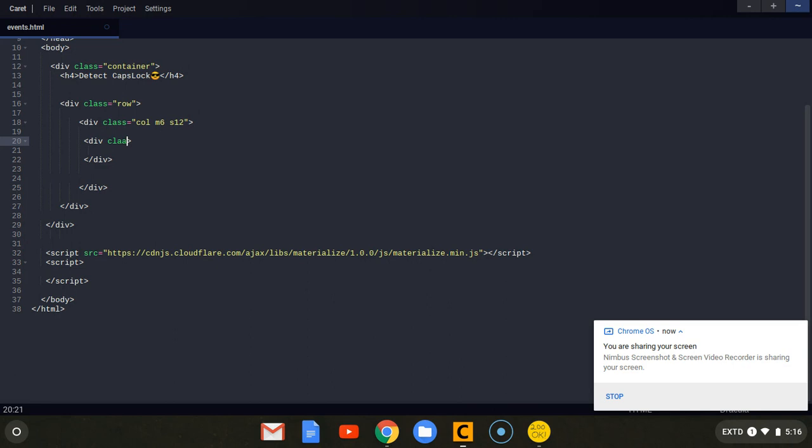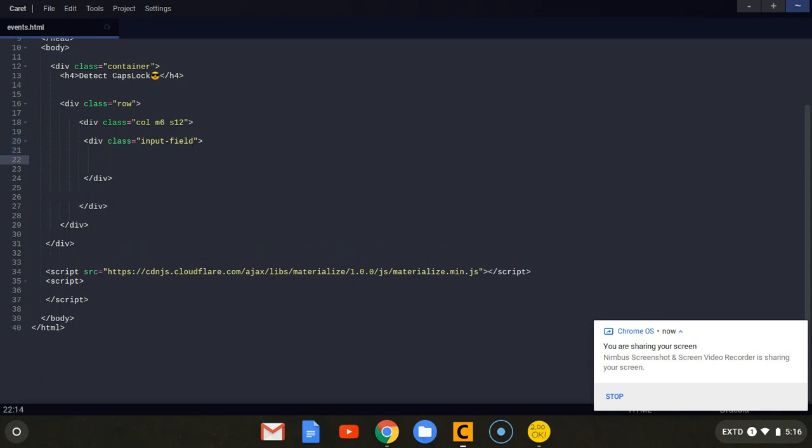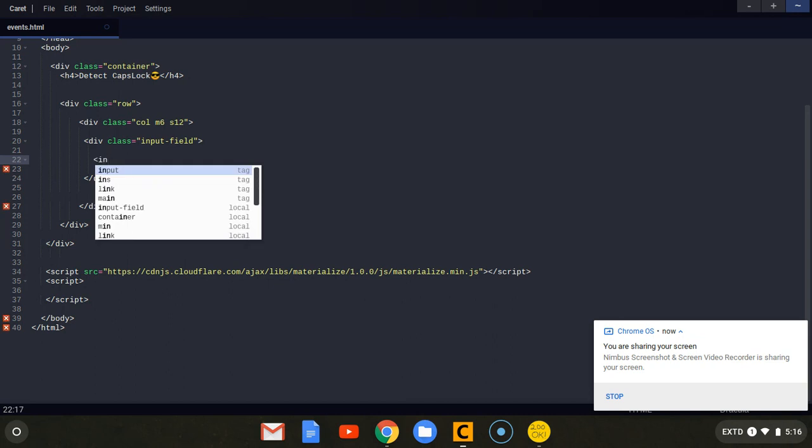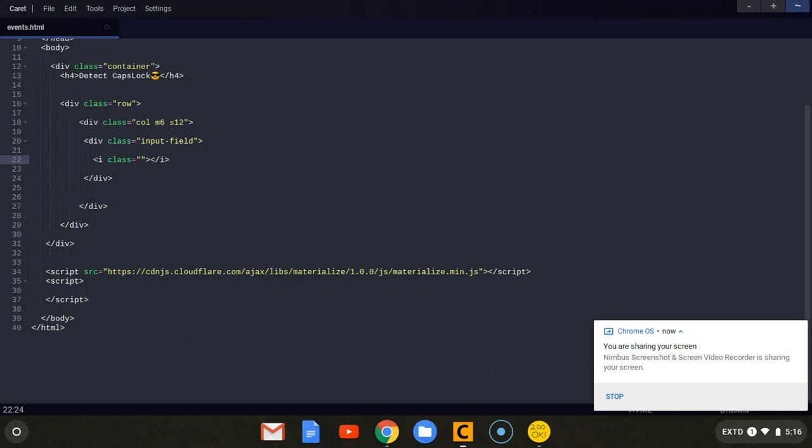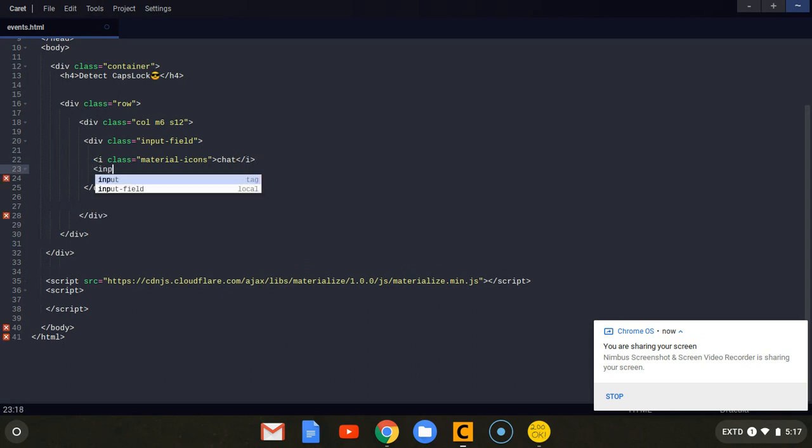And I'm designing this form using a framework called Materialize, but you can design using pure CSS and HTML. I'm going to place an icon here because I have CDN links. So that's an icon. Then an input field where the user is going to type in,